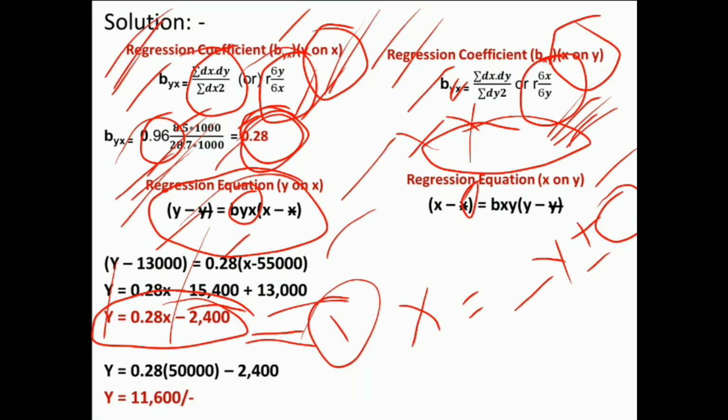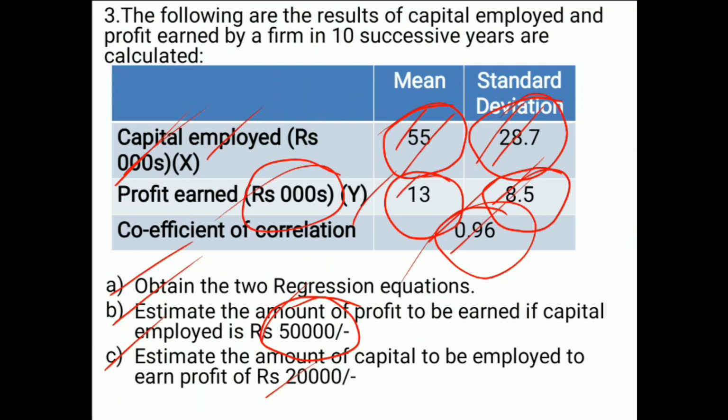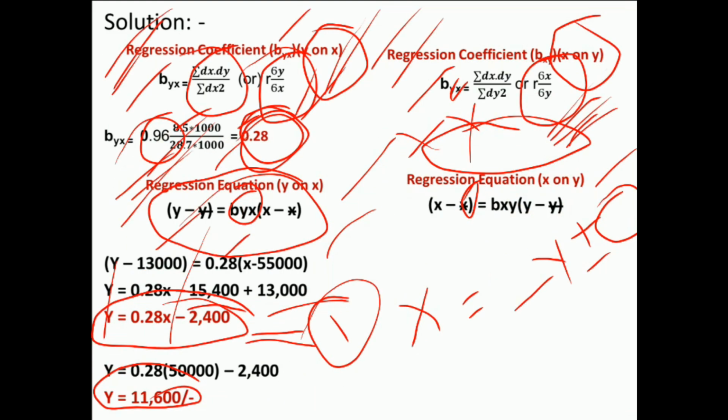You will get y equals 11,600. It means that when capital employed is 50,000, profit earned will be 11,600. So for any value of x, you can find profit earned. Similarly,